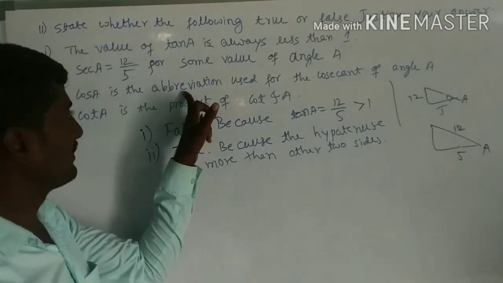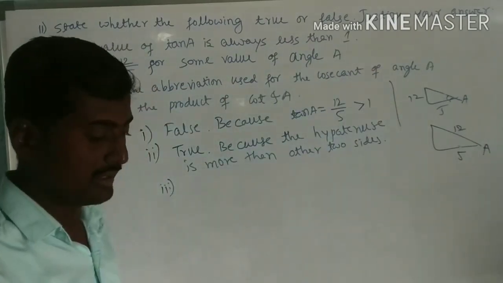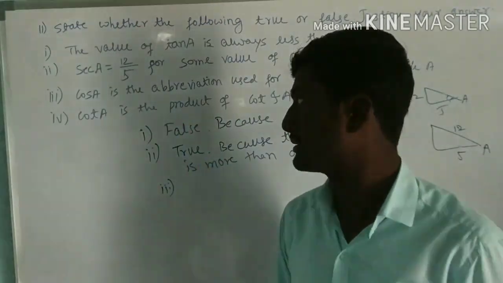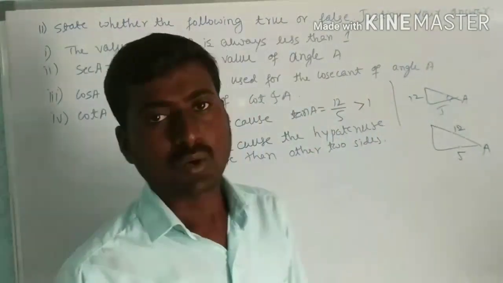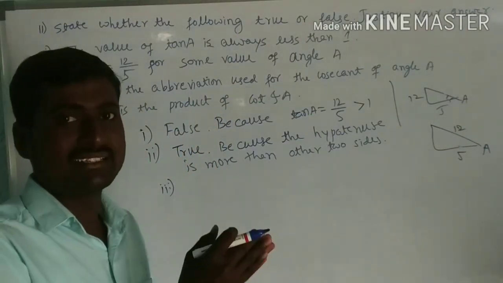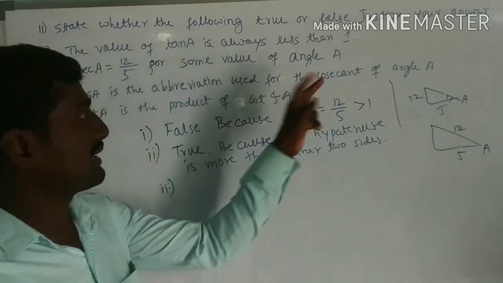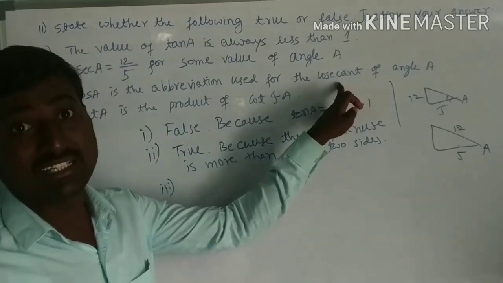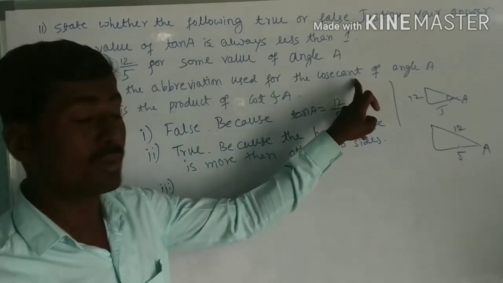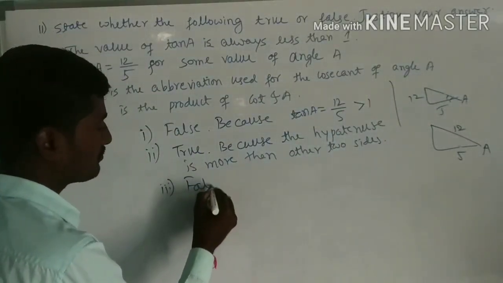cos A is the abbreviation used for cosecant of angle A, whether it is true or false. Actually, cos A is the abbreviation used for cosine. Cos A is nothing but cosine. Here they said cosecant. Cosec is the abbreviation used for cosecant. So here this is false because